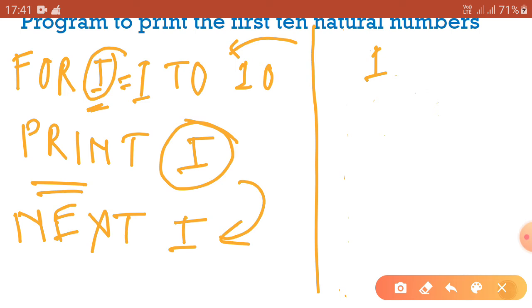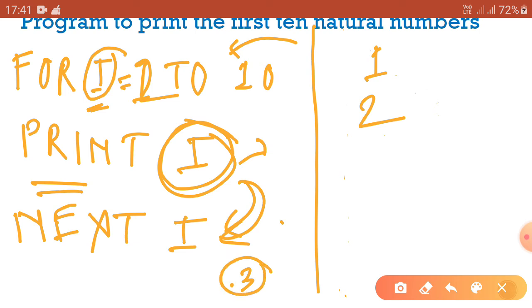When it gets the line next I, the value of I will be incremented by 1. That means now the value of I is 2. So now it will print the value of I, which is 2. Then again come to this line, next I, that means again the value will be incremented by 1, so here the value will be 3.